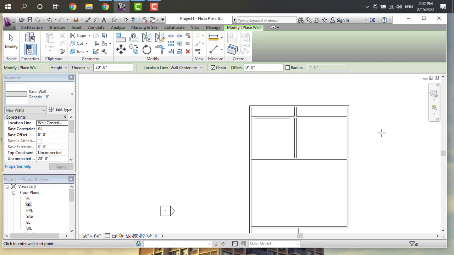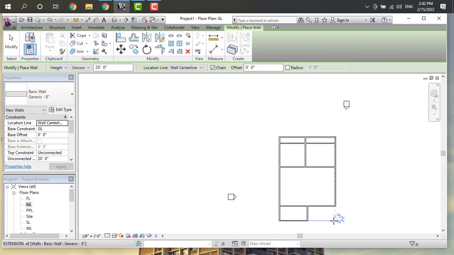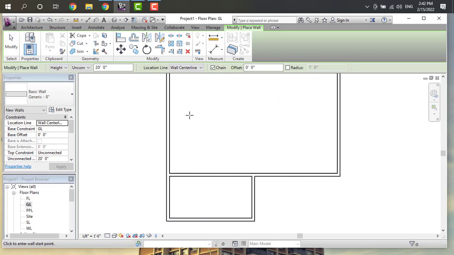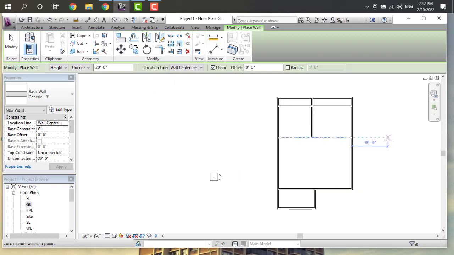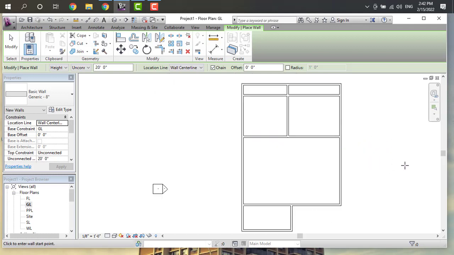First of all, this is all our 2D plan. These are my 2 bedrooms, and this is our hall, and this is our kitchen, and this is our veranda, the outer space veranda. In our next video, I will explain how to fix doors and windows for this 2D building plan in Revit.